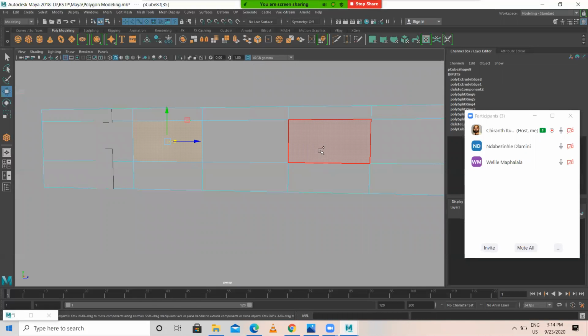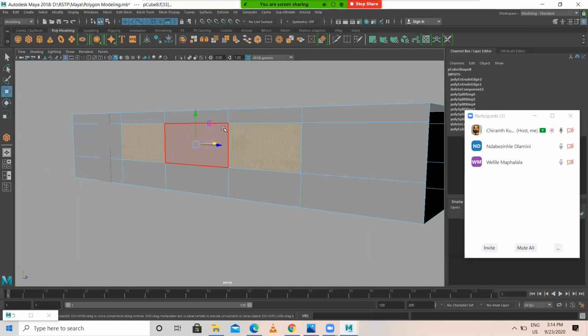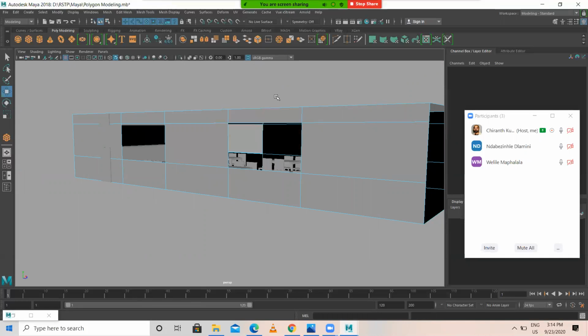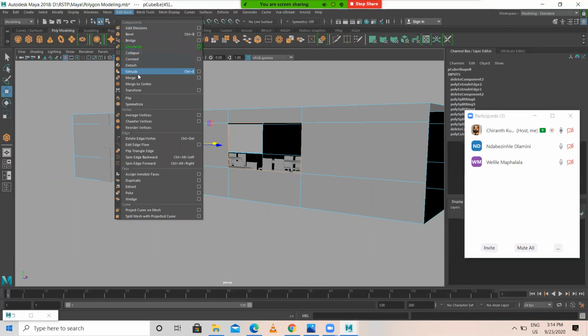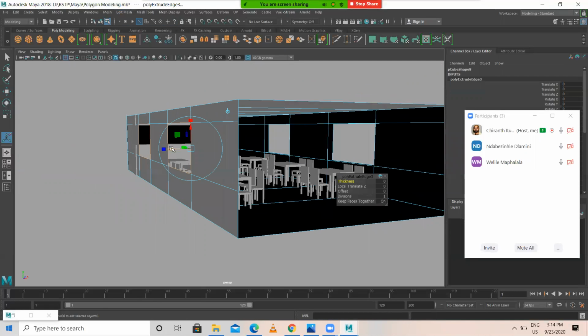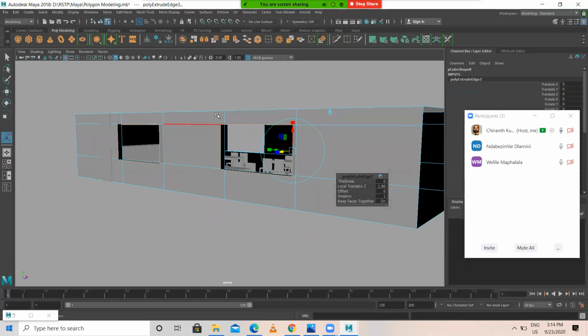Similarly, I'm selecting this face and this face here. I delete this. Double click on this edge. Hold shift, double click on the edge. Edit mesh, extrude. I just place it over here like this. Then after that, repeat last tool.